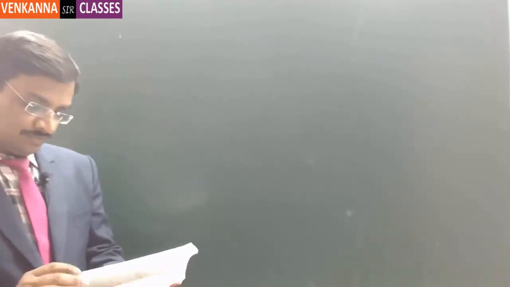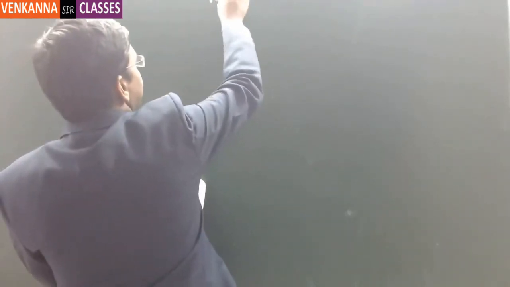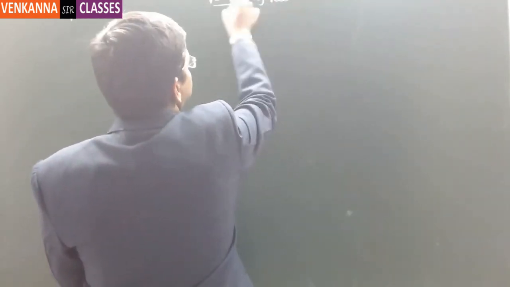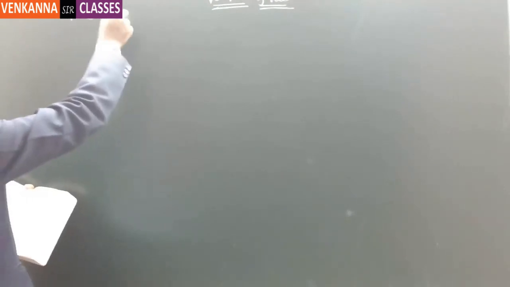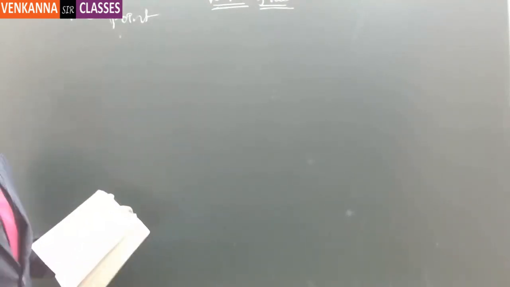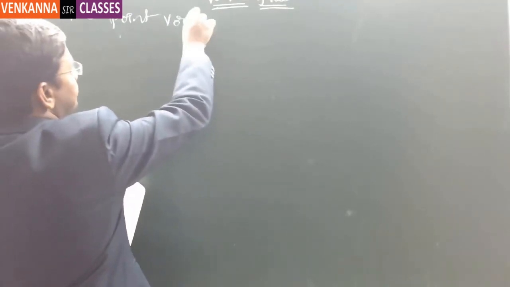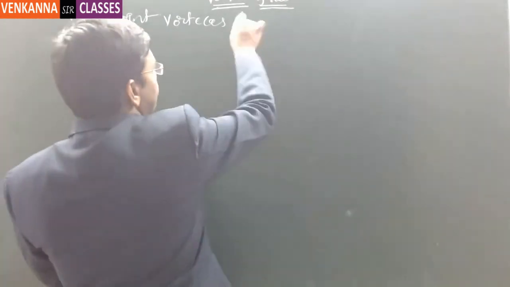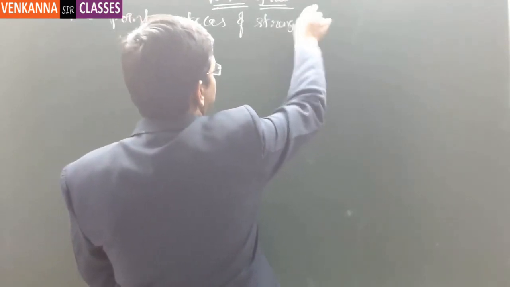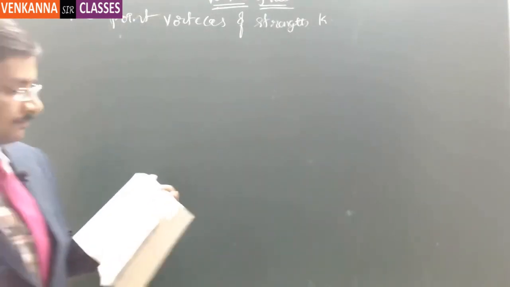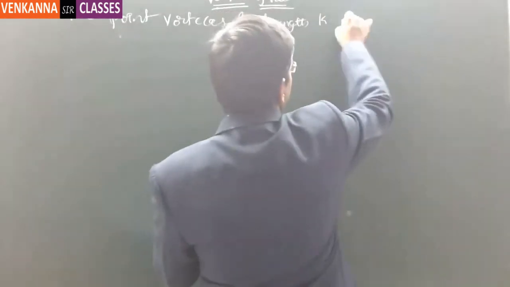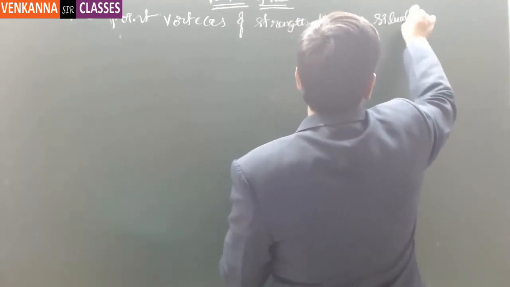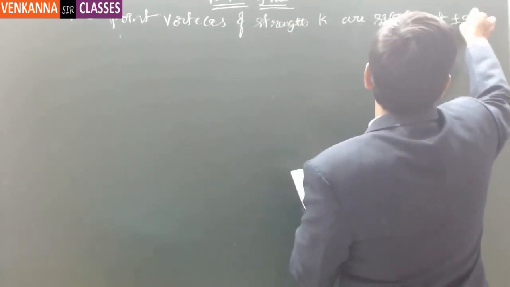Then note down this problem. 2 point vertices of strength K are situated at plus or minus A comma 0,